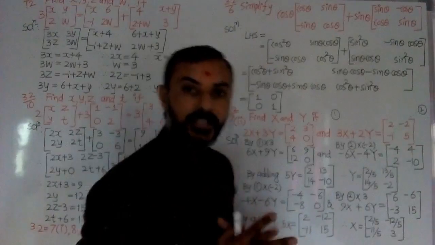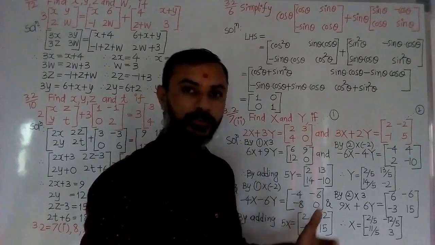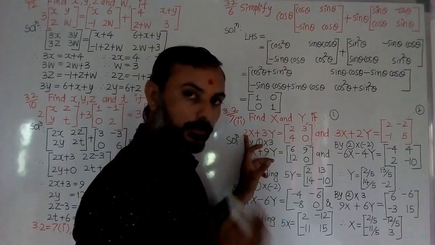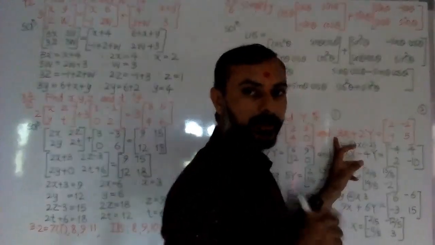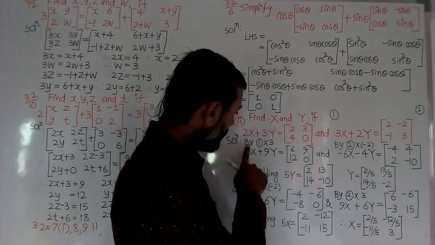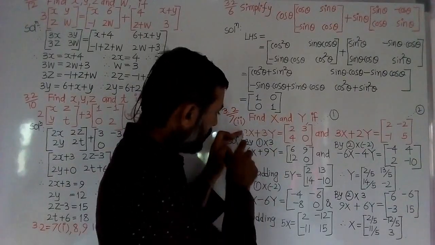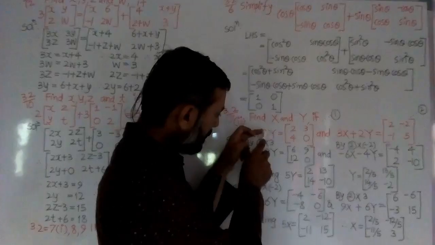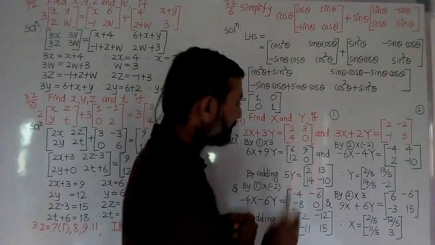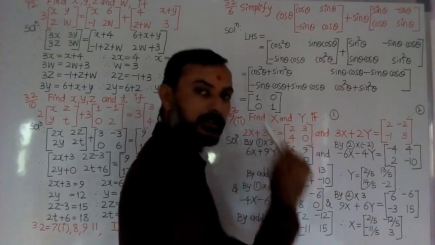Simply we use the elimination method, and in elimination we know we have to make the coefficient of any one variable equal. So here the coefficient of X is 2 and here the coefficient of X is 3. So let me multiply equation 1 by 3. So 2 3s are 6X plus 3 3s are 9Y equals, also on the right side multiply 3 to each element. So 3 2s are 6, 3 3s are 9, 3 4s are 12, 3 zeros are 0.